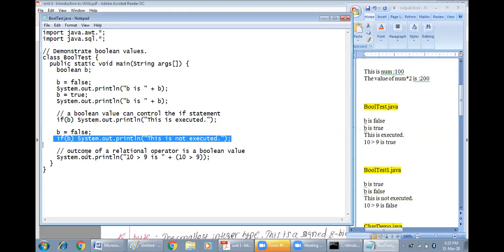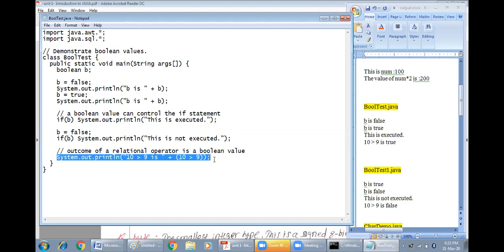Next, what we can do here is, these conditional expressions can also be tested in Java to get the truth value, either true or false. So what happens here is, directly we are printing in this statement. 10 greater than 9 is, this will be displayed as it is on the screen. Then the outcome of this will be appended at the end.